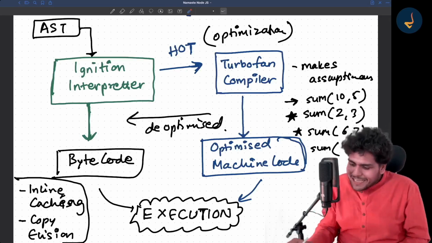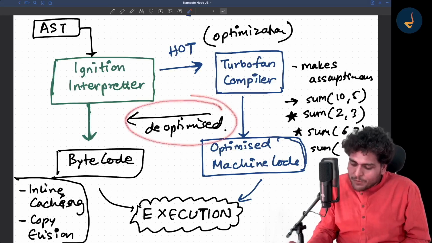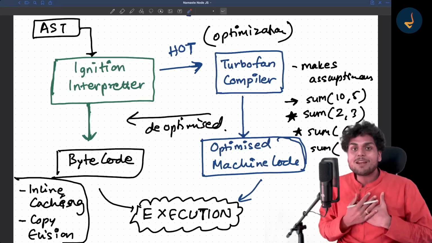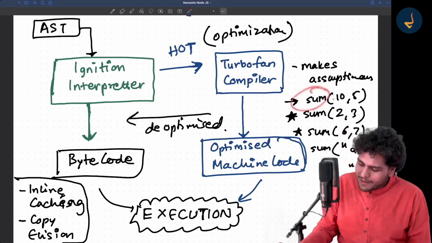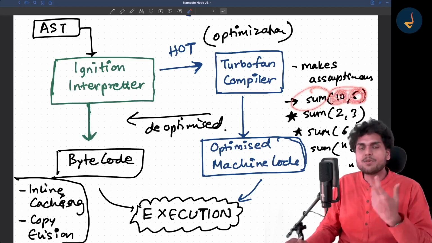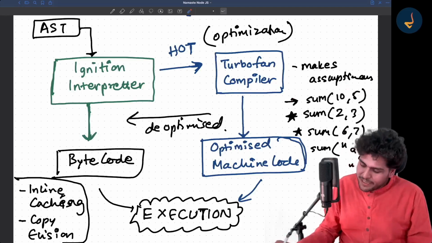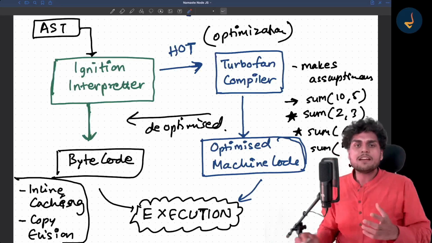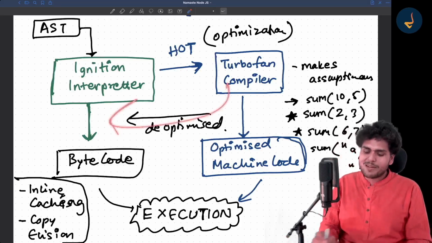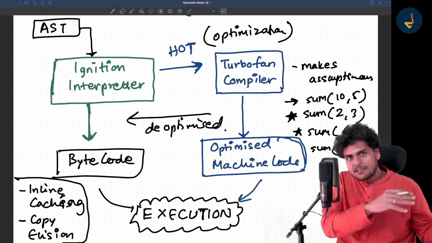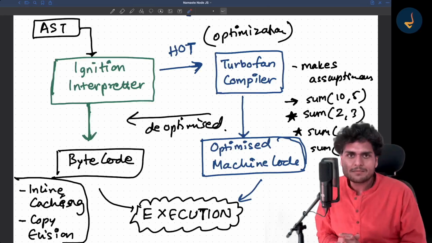What happens is, it is a tough time for the compiler. So if you create a sum function, you should only pass numbers if you want to pass numbers. Don't pass strings over there. If you start passing in strings, the compiler will have to de-optimize the code. Optimize it, de-optimize it, and it will take more time than expected.